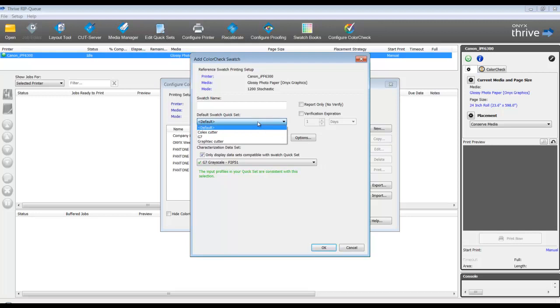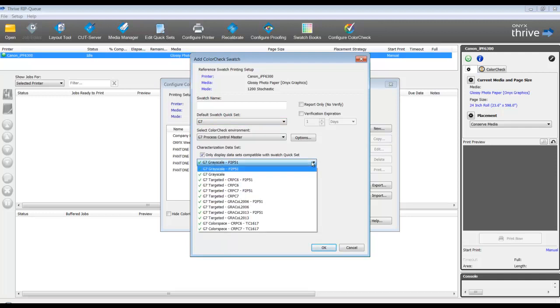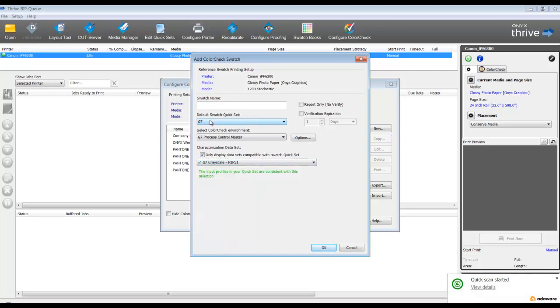When I select a QuickSet that is establishing color management parameters for G7, such as Grackle and Adobe 1998, I now click on my pull-down window and I get much more test target choices relative to G7. So this is a critical point to raise. If you want to work with the G7 standards, you really need a QuickSet established with G7 default parameters.